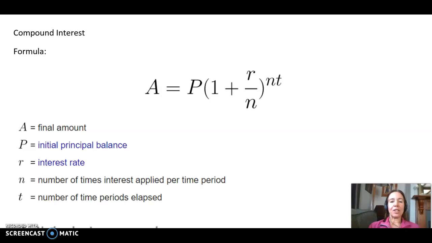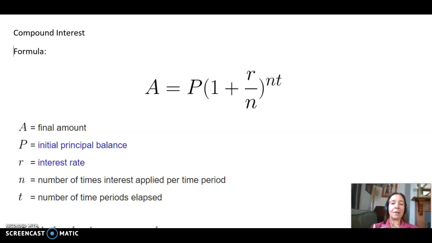And what you do is you take the amount that you're putting into the bank and multiply it by the percentage increase. So remember, a percentage increase is always 1 plus the percentage. So if it was an 80% increase, which it never would be, it would be 1.8, just like we did our percentage increase before. Then you have to put that to the power of the interest rate times how many